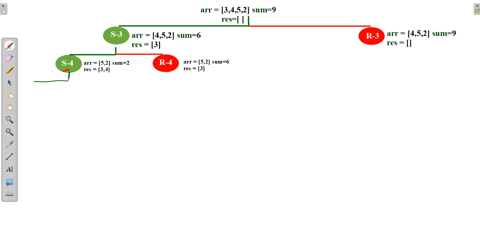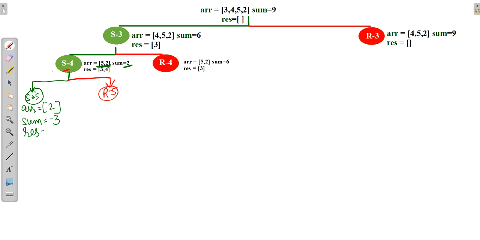Now let's proceed for S4. Here also we will have two ways. Either select. This time our array is 5, 2, so the first element of our array is 5. Similarly, we will do reject 5, so that now our array will be 2. The sum will be 2 minus 5, which is minus 3.